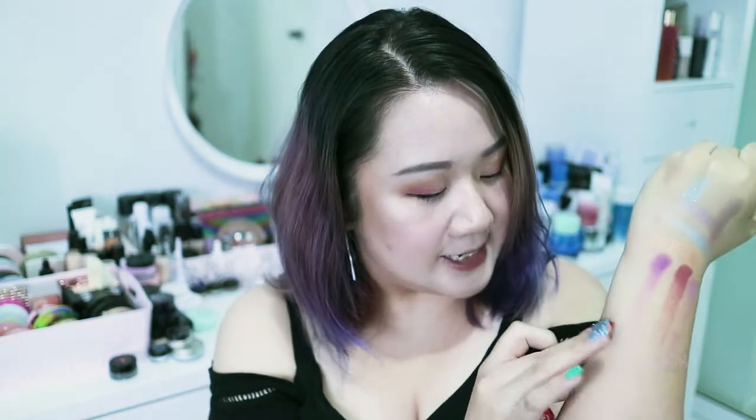Another lip product that I've been crying for is the MAC Powder Kiss. This was just launched this year, and it's a powdery matte formula. It's very lightweight on the lips again, and it blends out really well, especially if you're like me and you like to do gradient lips. The only downside of this is that because it's a new product, they don't have...